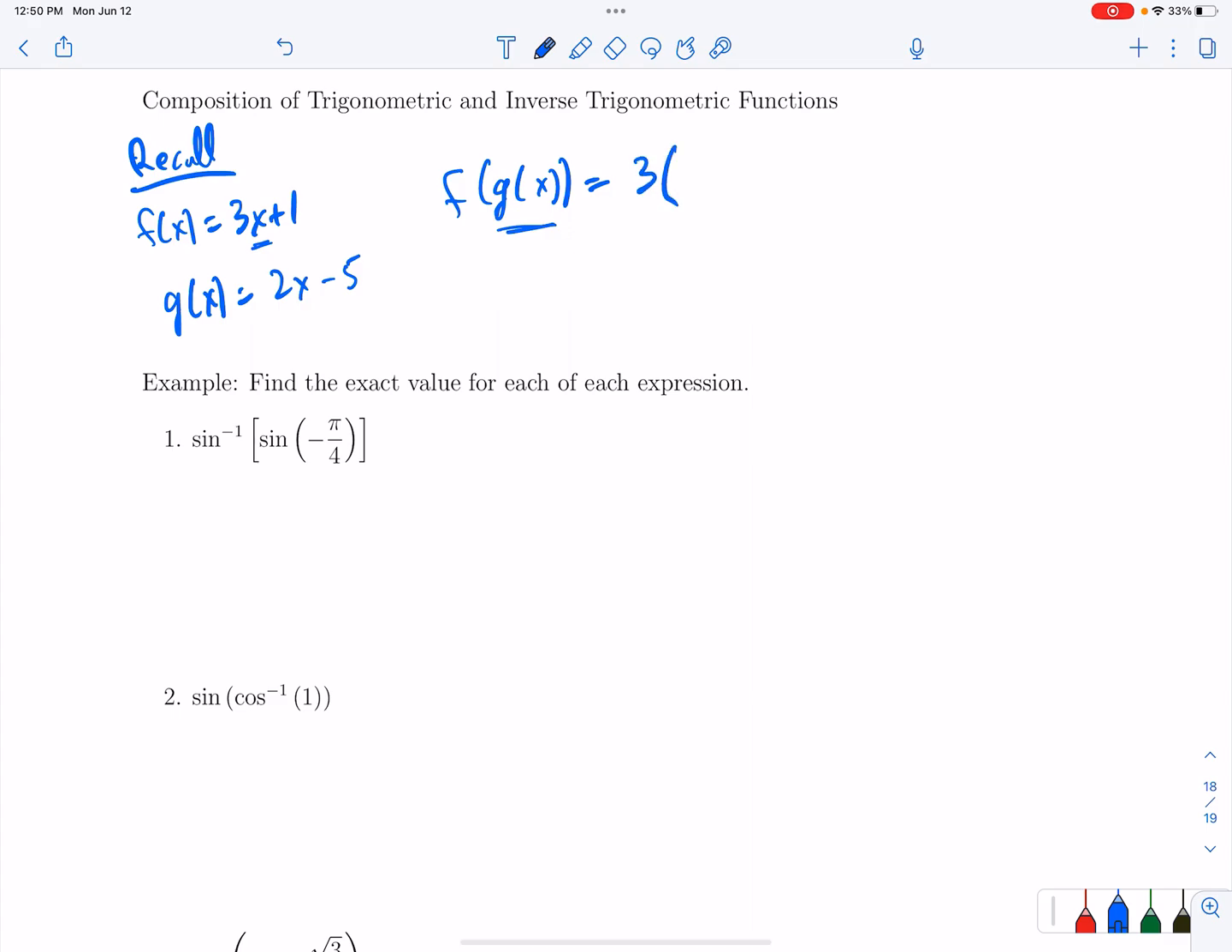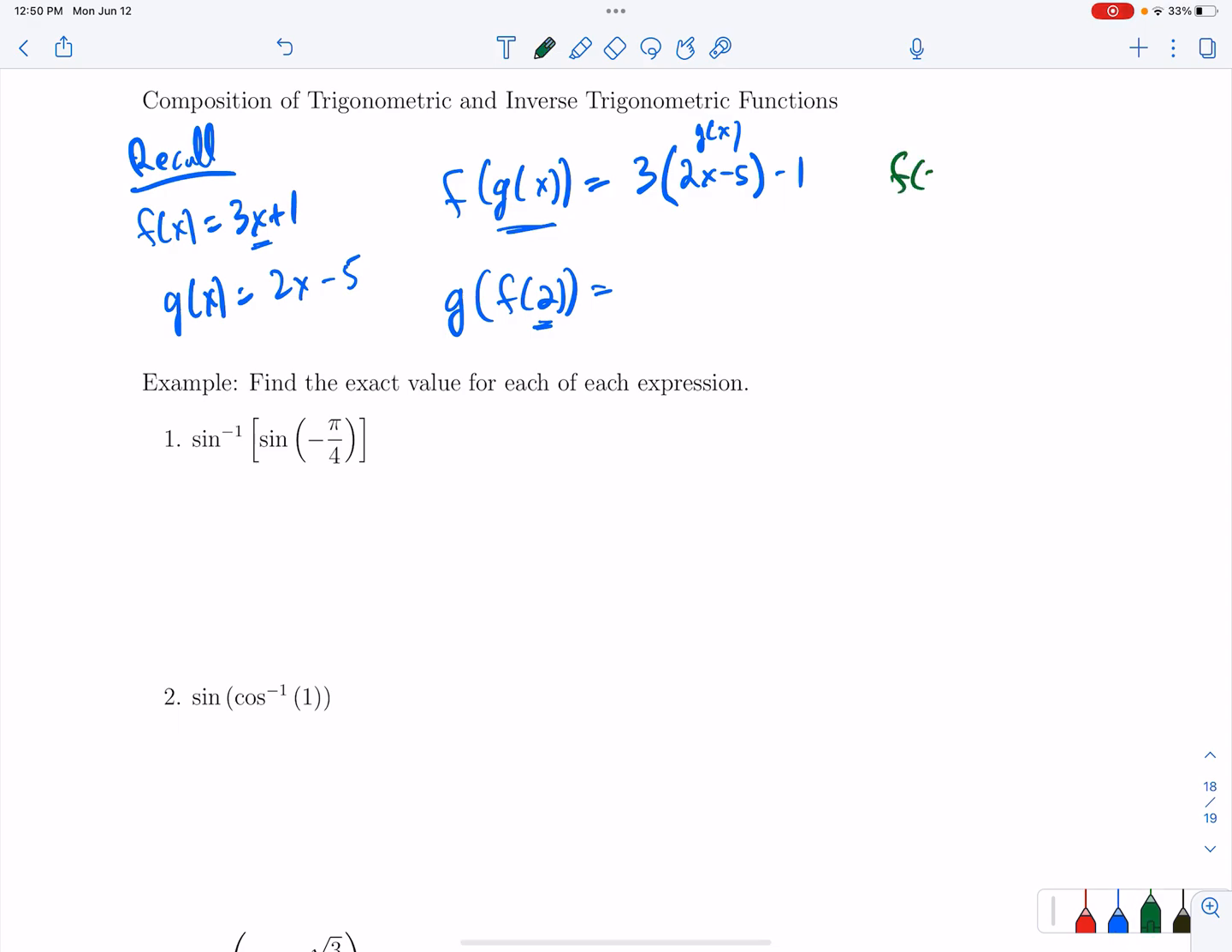So this will be 3. Instead of x, I'm going to put 2x minus 5, minus 1, which is the g function. Okay. Similarly, I could say g of f of 2. Now what this means is put 2 into the f function, and then whatever I get, put that result into the g function. So f of 2,